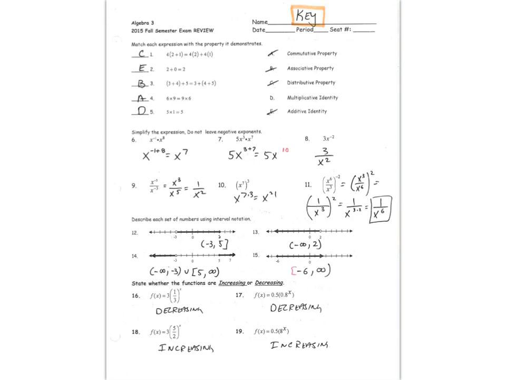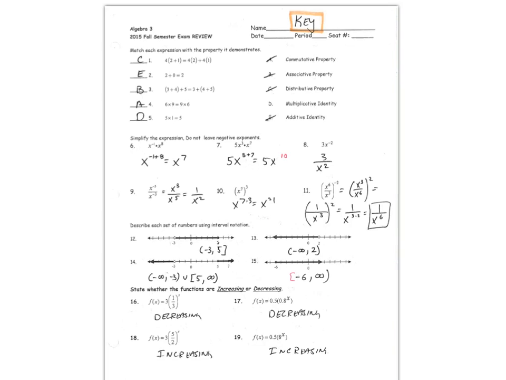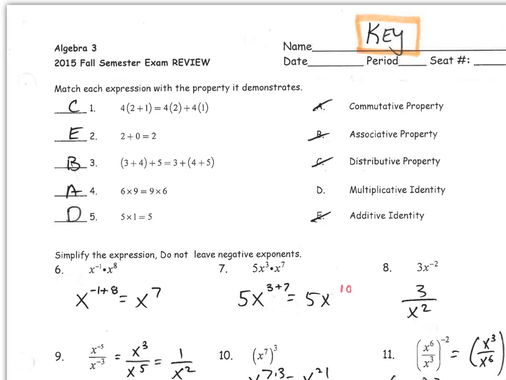This is the Algebra 3 Fall Semester Exam Review. This is part 1 of 3 parts. The review is 6 pages, and each part will do 2 pages. Okay, so we start off with